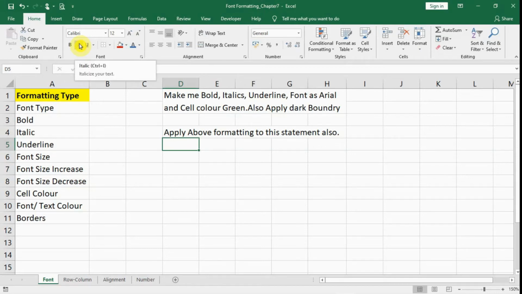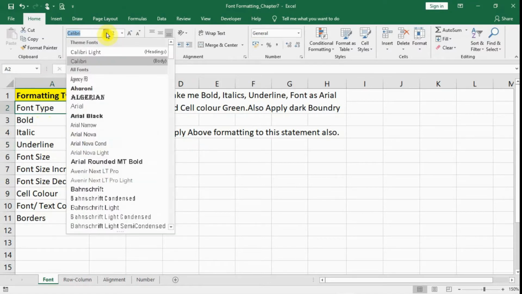Welcome back, friends. In this lecture we are going to learn the basic font formatting, and I have written up all those types here. The formatting type is font. Now the first is font type. You can change the font type from this option. You can click on this drop down arrow and may have Arial Black or Arial Nova or Arial Rounded type